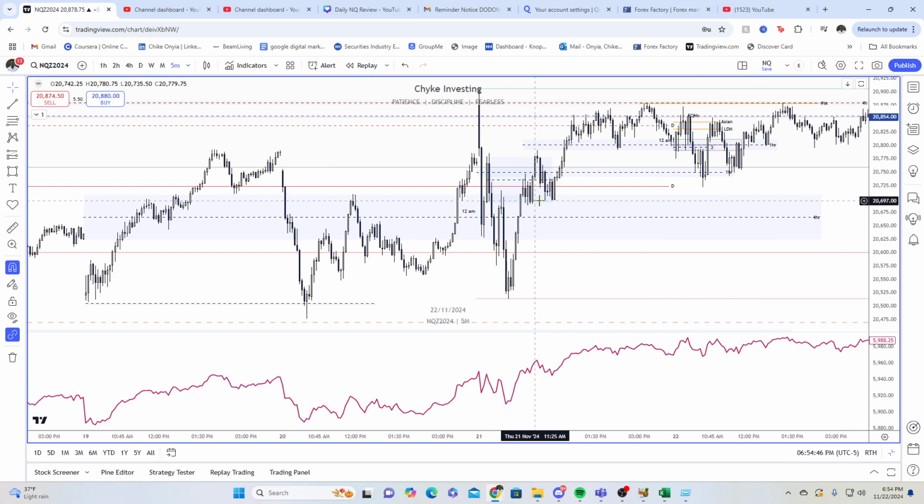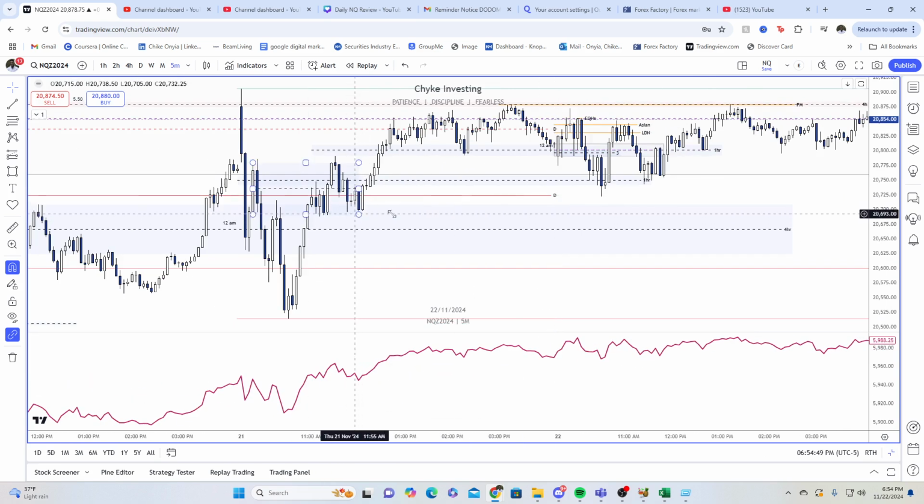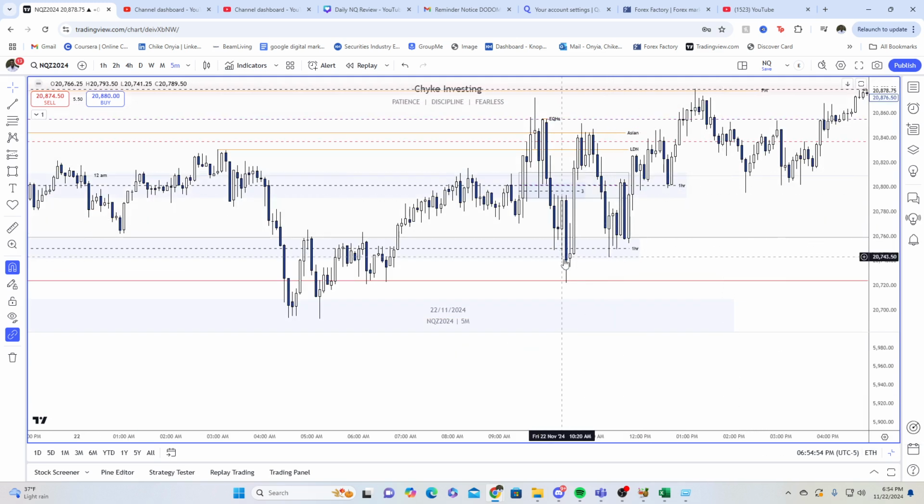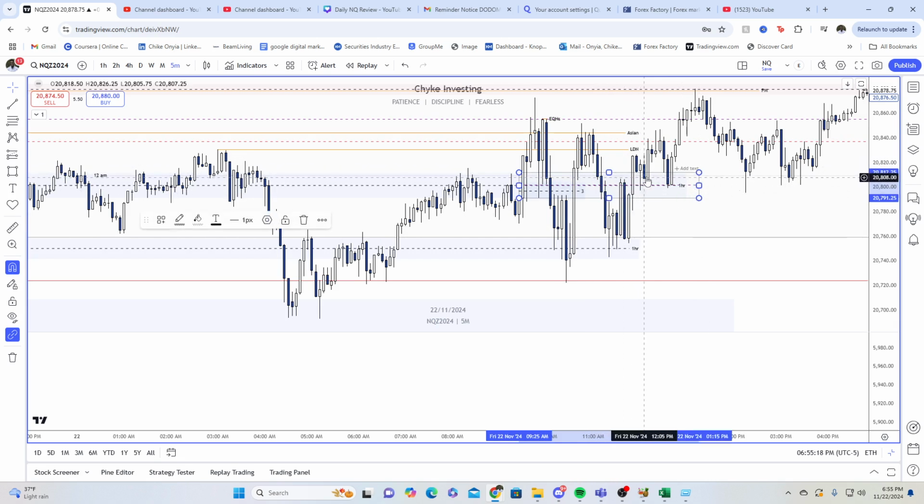I was looking for these lows to get taken out on RTH if we could go lower, but because of the Quirky Friday, we couldn't have enough displacement to get there. Price ends up taking out these relative equal lows, takes out this low as well, and then revisits the daily CB low, goes higher, forming a big fair value gap, reacts off the Asian and London highs and the consequent encroachment level, where we're kind of consolidating for a while, comes back down to this 1 hour BISI, hovers in the upper half, goes higher, spends some time around this opening range gap, plus this 1 hour BISI, and then